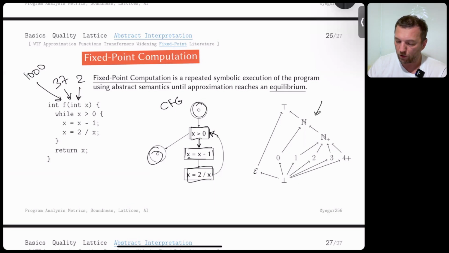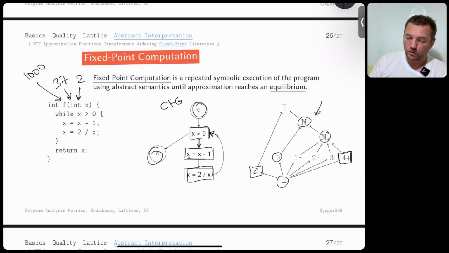So all the numbers, all the positive numbers, 0, and then the bottom, and then the error, which is the result of division by 0, and then 1, 2, 3, and 4 or more. So that's a group which is called 4 or more. And then what they do is they start